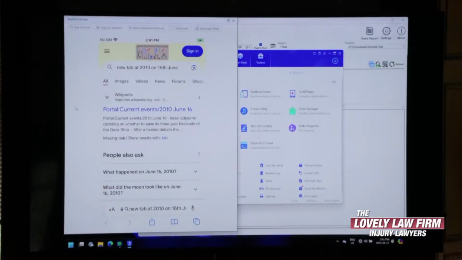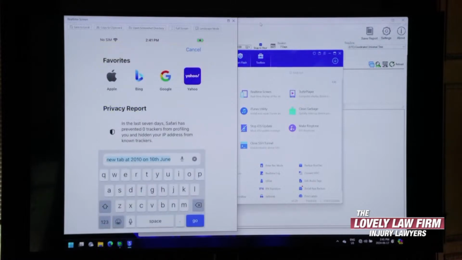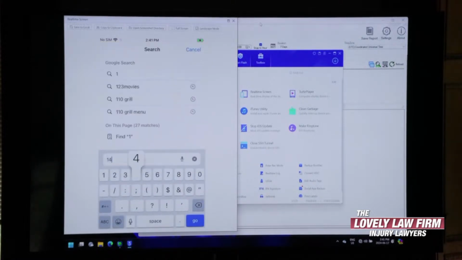But at 8:10 last night, I performed this search in a brand new window. So started Safari, opened up a new tab, immediately searched for new tab at 20:10 on the 16th of June. If I now search for the time right now, 14:42,